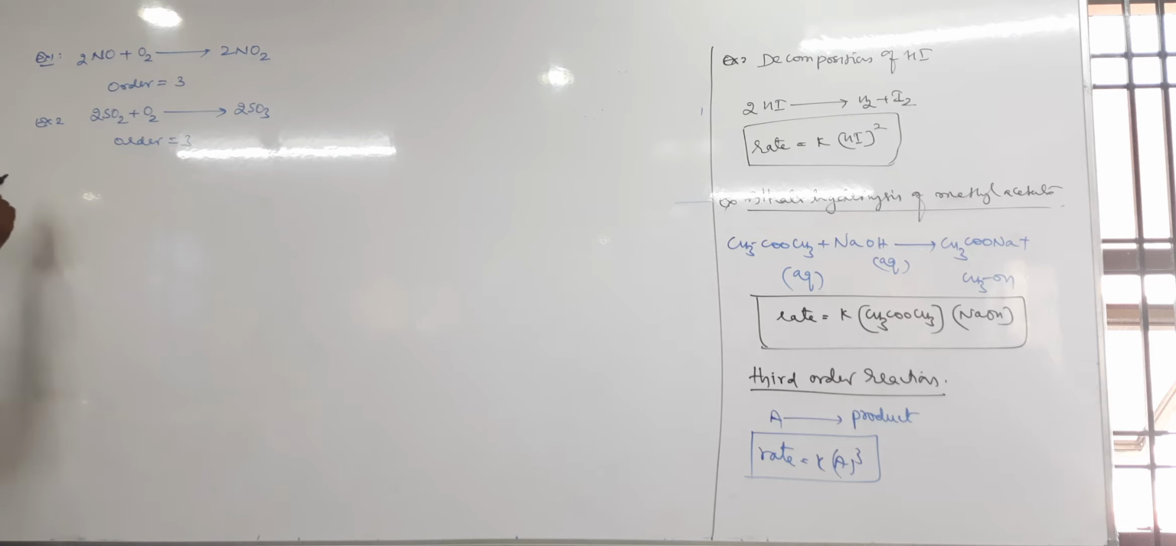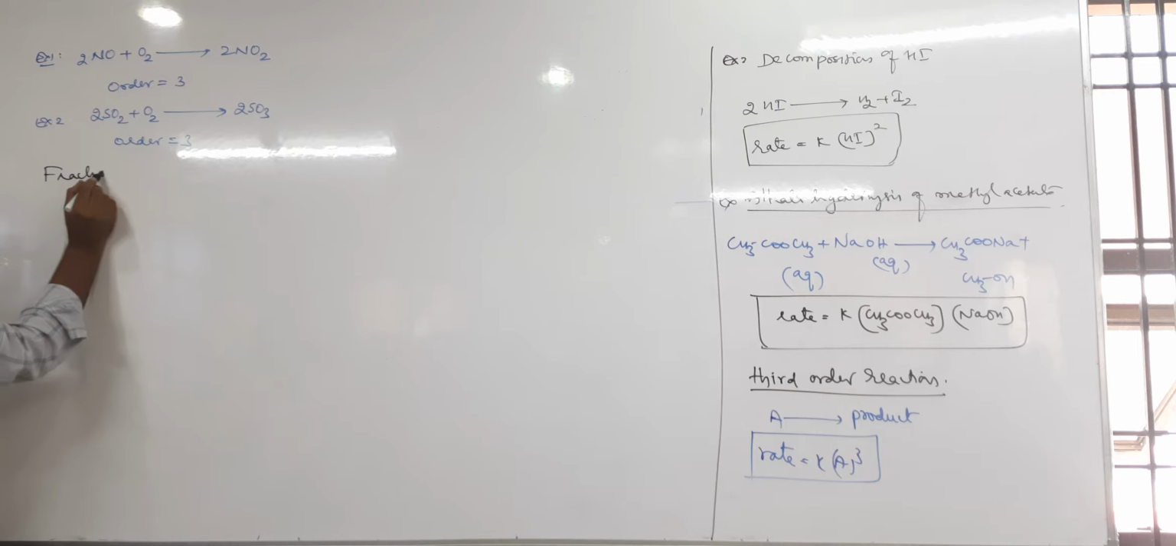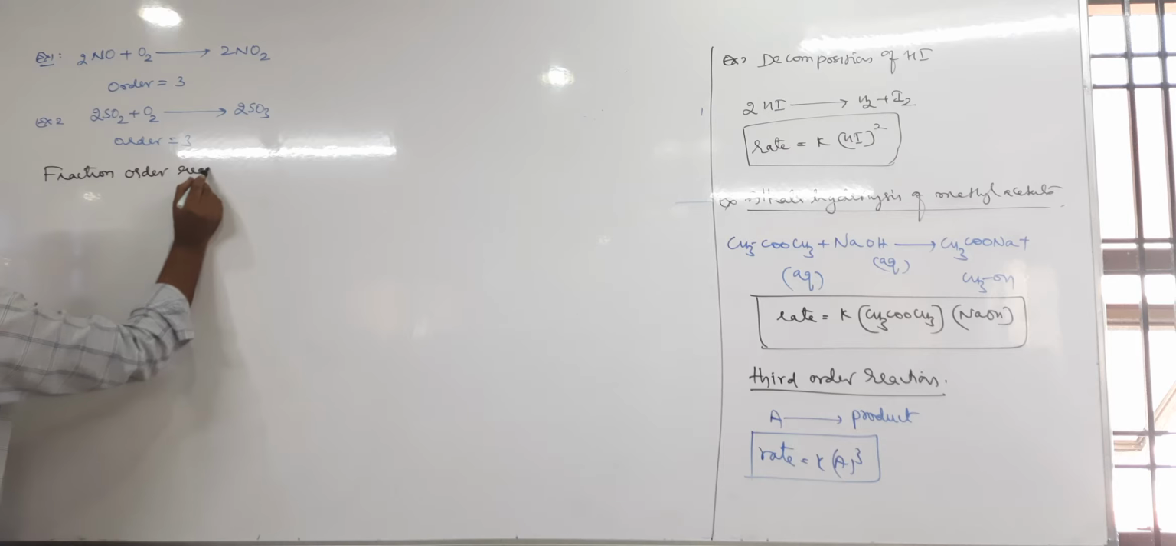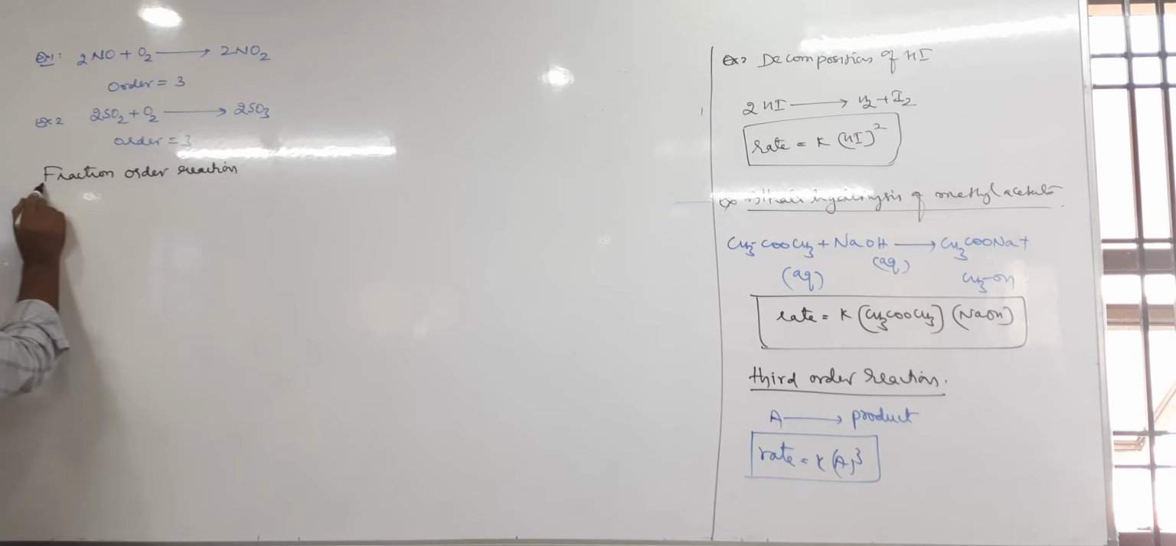Next is fraction order reaction. In fraction order reaction, the rate of chemical reaction is directly proportional to fraction power of the molar concentrations of reactant in the experimentally determined rate equation, right? So in our syllabus, 2 examples are given. Those 2 examples are important. One,